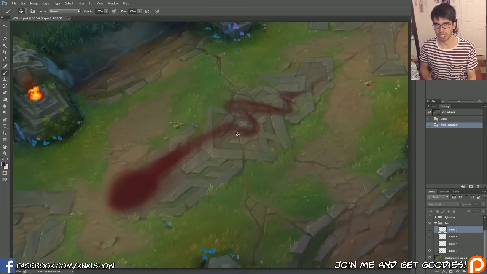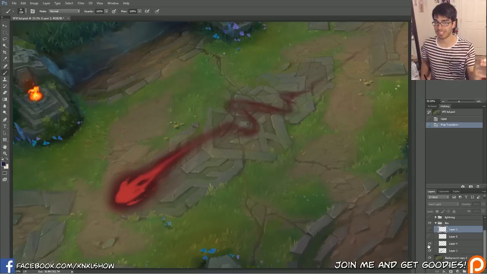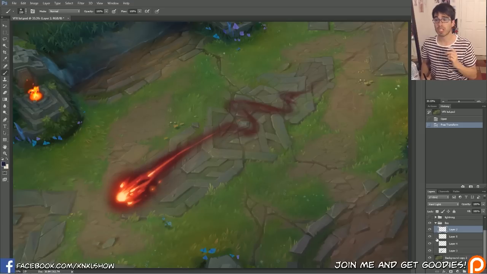Notice how this dark almost looks like a brown, smoky thing, right? But you get the idea. You want to start with a dark base and then lay on top of it the fire. You're going to start laying on top of it different fire effects. And the reason why you do this is because it will actually make it appear more bright and more vivid